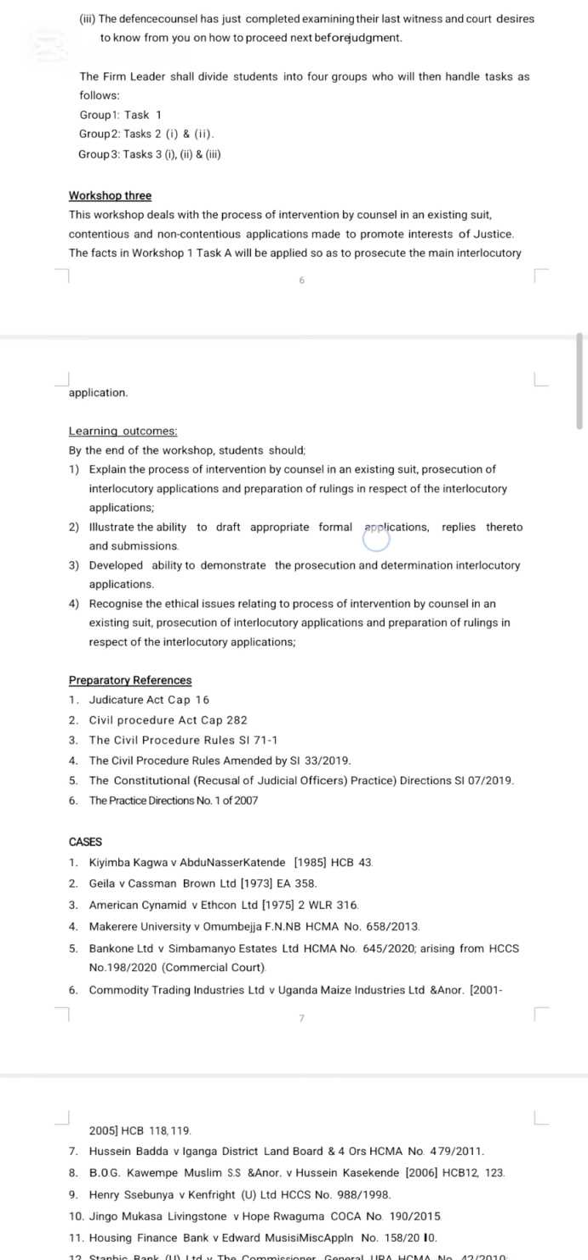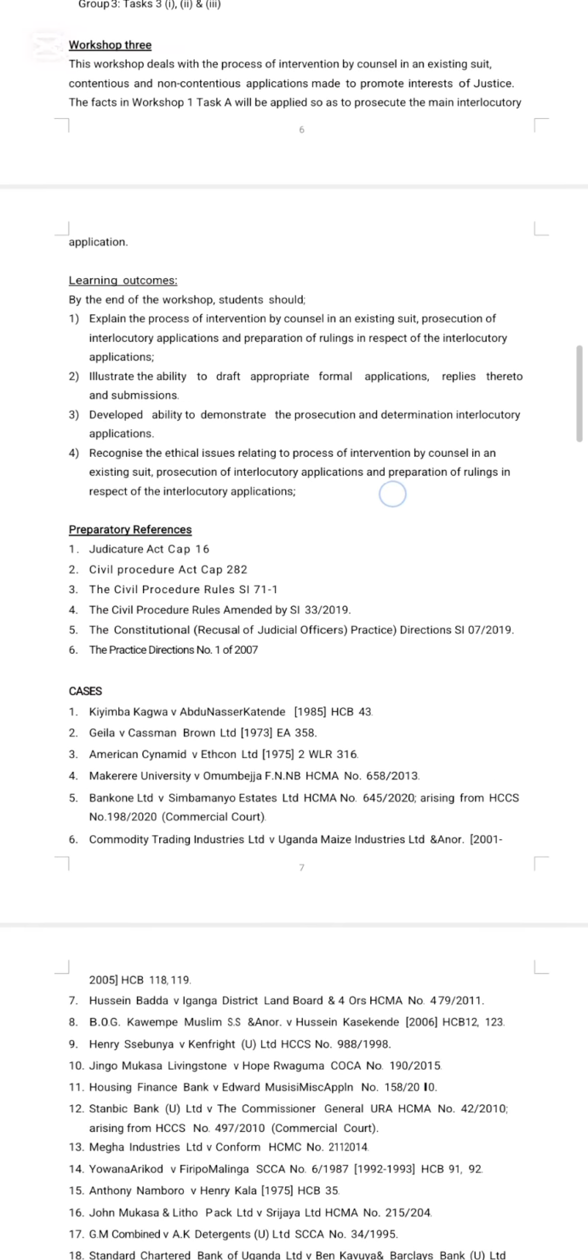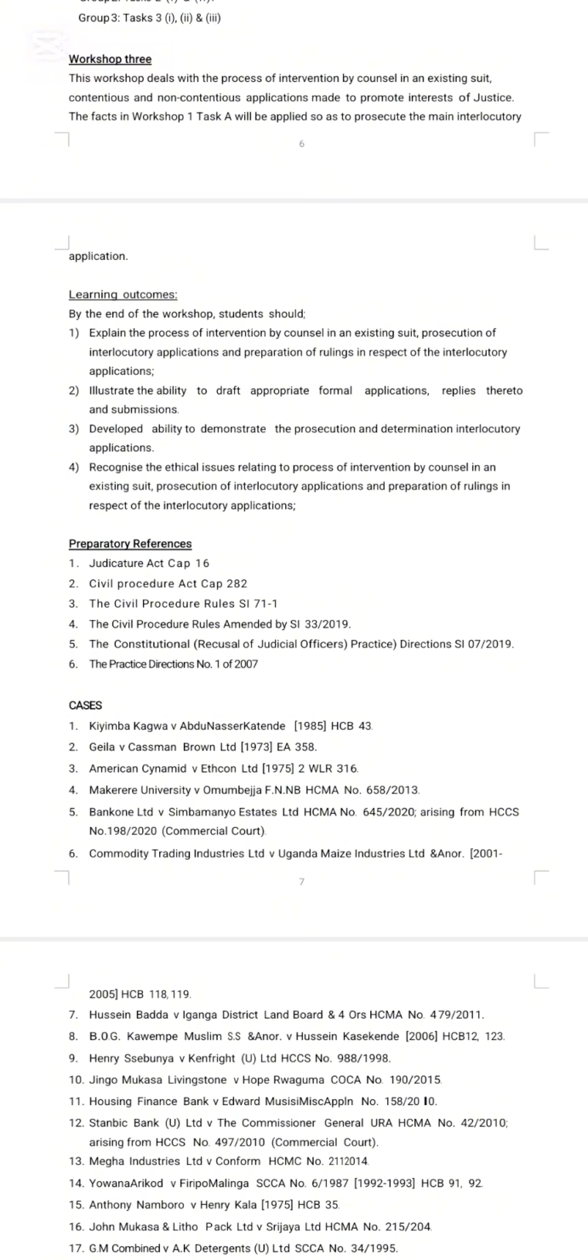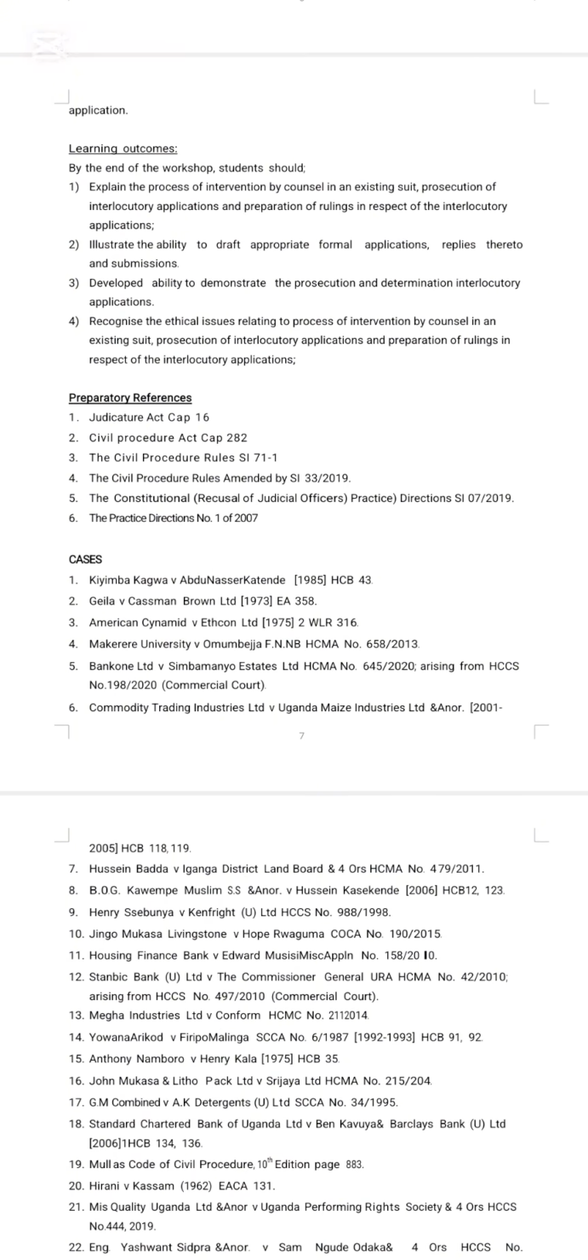Basically, it's not too much work. So let us pass through workshop 3. The workshop deals with the process of intervention by counsel in an existing suit, contentious and non-contentious applications made to promote interests of justice. The facts in workshop 1 task A will be applied so as to prosecute the main interlocutory application. Learning outcome: by the end of the workshop, students should